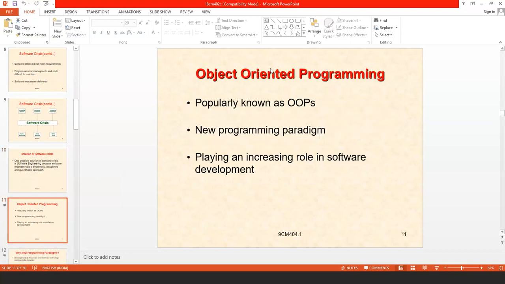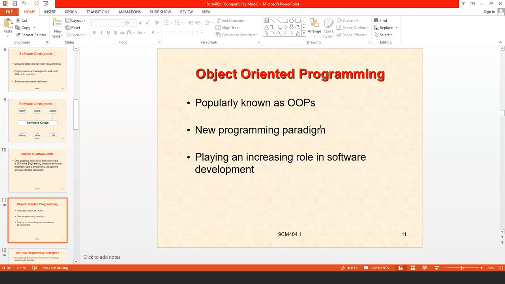Now, what is object oriented programming? Up to now, we have seen what the topics or units in our subject are, what the prerequisite for learning this subject is, and what the objective of this subject is.